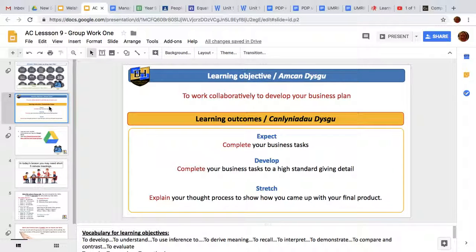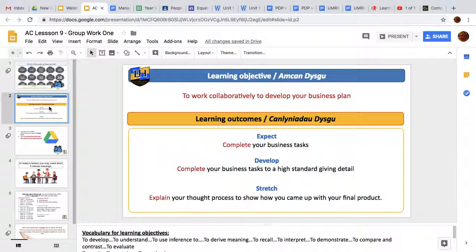Learning objectives. They're going to be working collaboratively on the first part of their business plan. Now, last lesson we had a bit of an IT nightmare. I shared all the files and, well, they weren't shared correctly, so they weren't able to work on their files. So it's actually going to make for quite a nice lesson today, because they've done this lesson in theory, and they discussed it all, and they've all got ideas. So today they should be able to do this work in silence, because they each know their roles. They each have discussed their ideas, and they should just be able to get on with it.